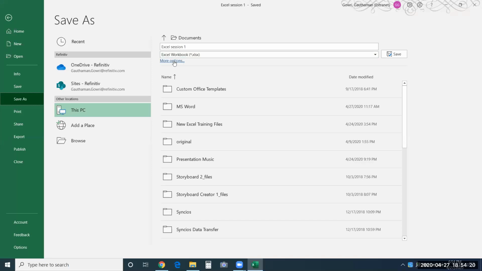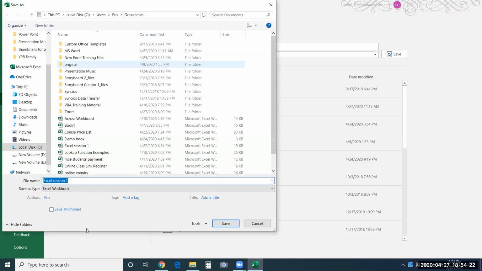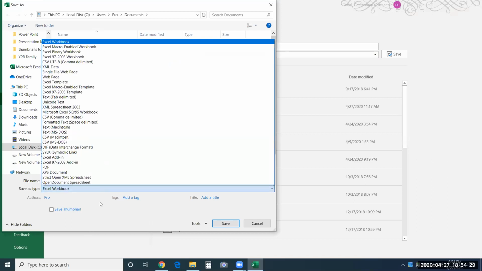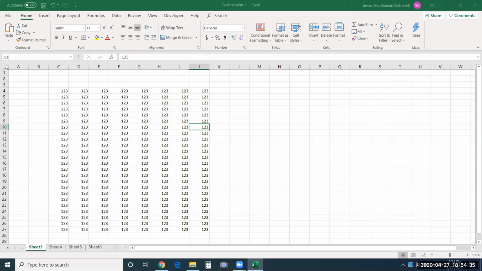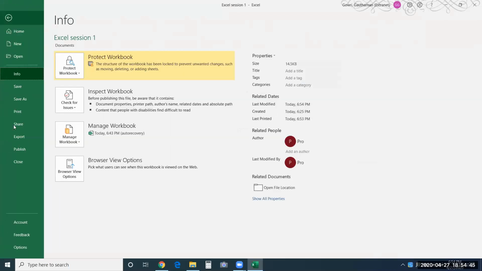Save and send as attachment, something like that. Maybe not here. I'm not sure about this, but yes, share option is there in Office 365, which will either let you email your workbook immediately or share it to someone else on the cloud storage. So both those options are available in share.